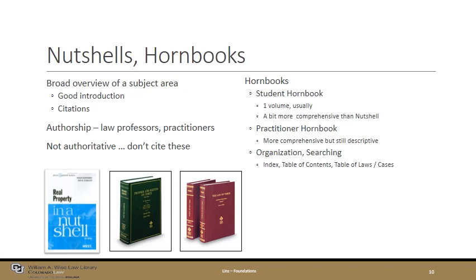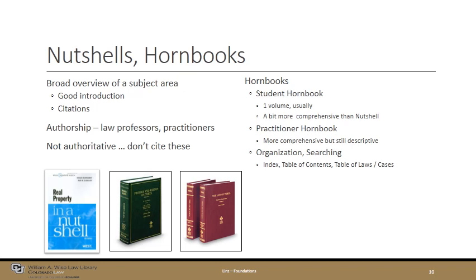There's a student hornbook, which is typically a one-volume publication, and they can be particularly useful. There's also a practitioner hornbook, which is usually authored by the same individual, but it's usually 2 or more volumes, and it just goes into more detail on whatever topic it is.